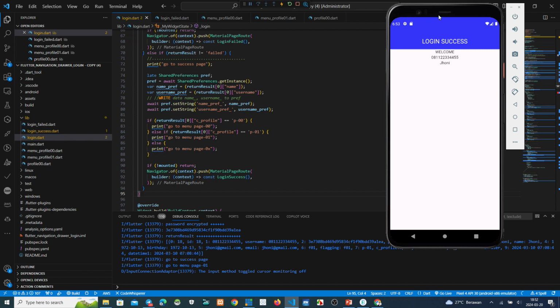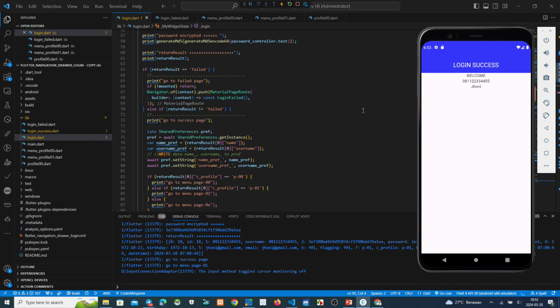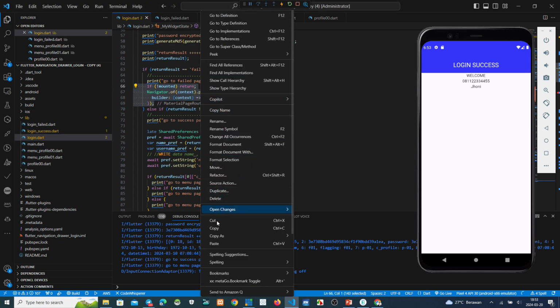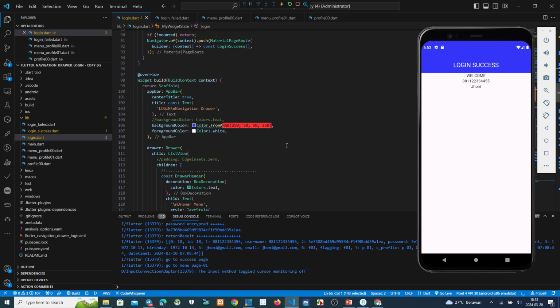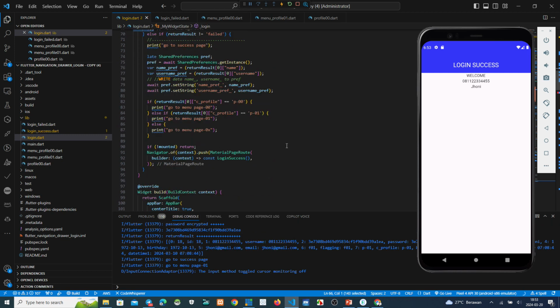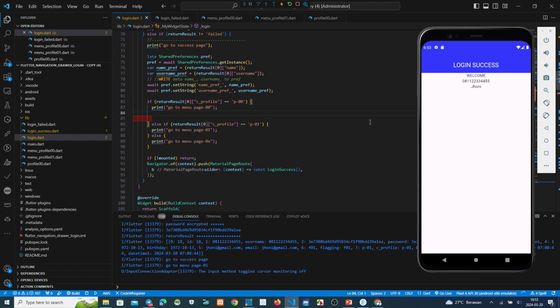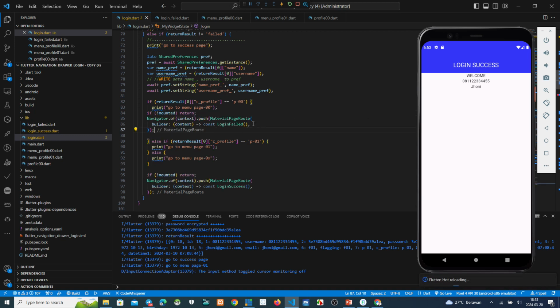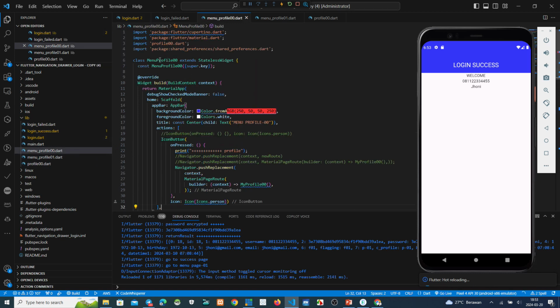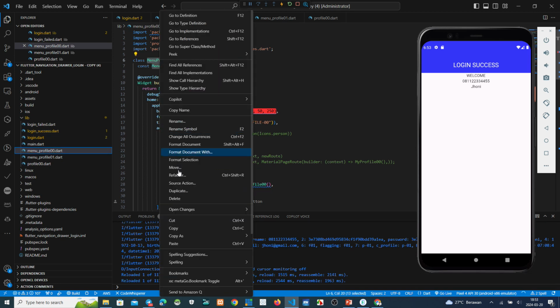Okay, we can make this one. If we want to go to the page, this is the script. Okay, copy. If we want to go to this 00, see, this is page 00, main menu. Copy this class name, copy.